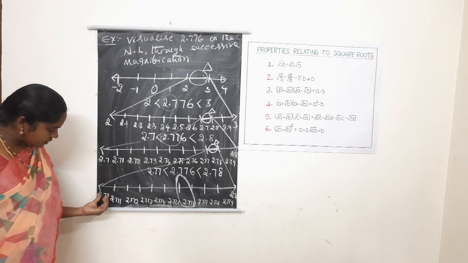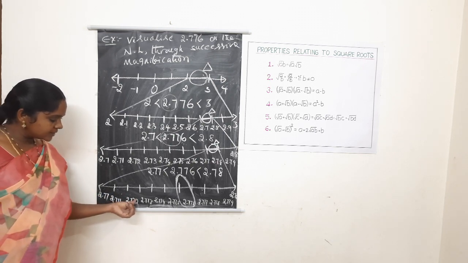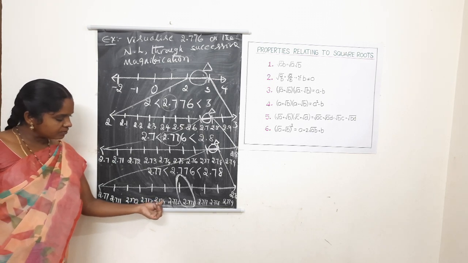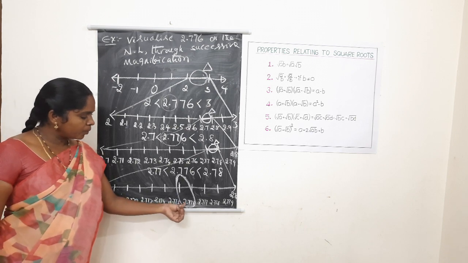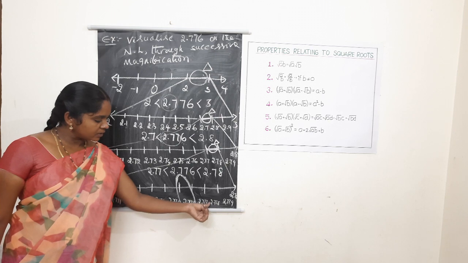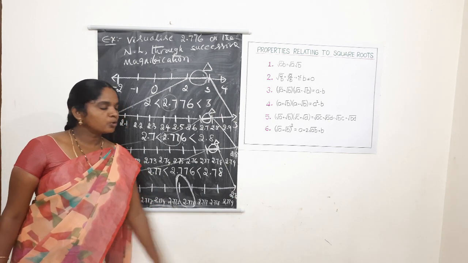After 2.77, first point will be 2.771, 2.772, 2.773, 2.774, 2.775, 2.776, 2.777, 2.778, 2.779 and